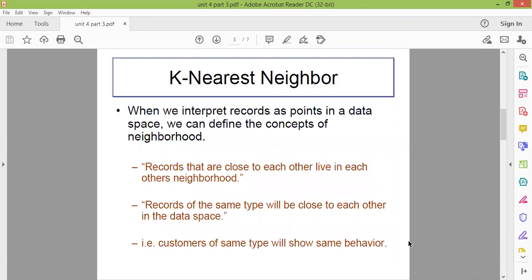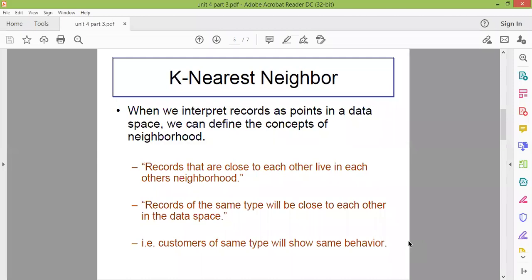Today we will discuss K nearest neighbor. What does this mean? K means a number: how many neighbors you are considering. Neighbors means your neighbors, and nearest means those closest to you. This technique is derived from real-time applications. In data mining, many techniques are derived from real-time applications, meaning what is happening in our day to day life; these techniques originate from those examples. K nearest neighbor is one such example.